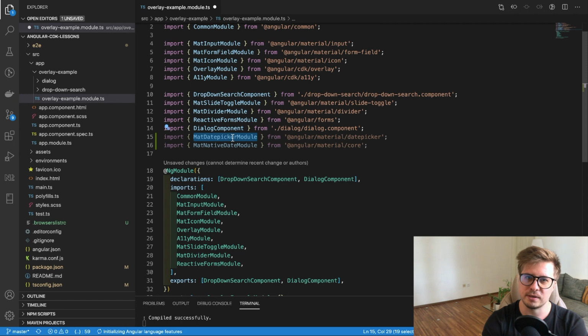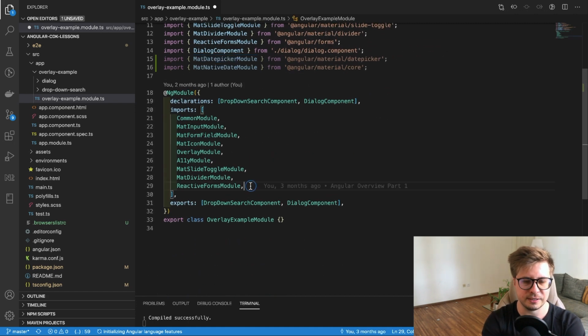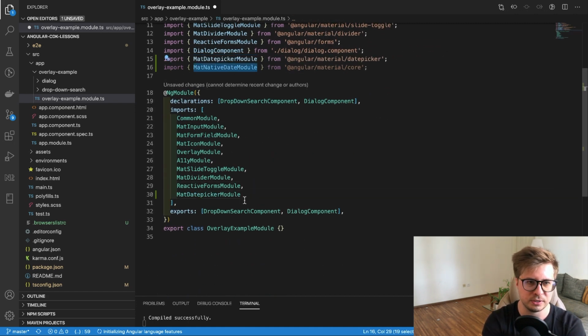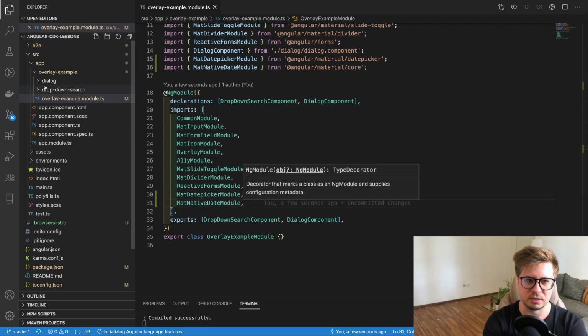Or if you're using the moment library, you have to use MatMomentDateModule. I think it's called MatMomentDateModule. I will check one more time and write this into the description of this video. But yeah, then we have to just add these modules into the imports section and then go to the dialog template,